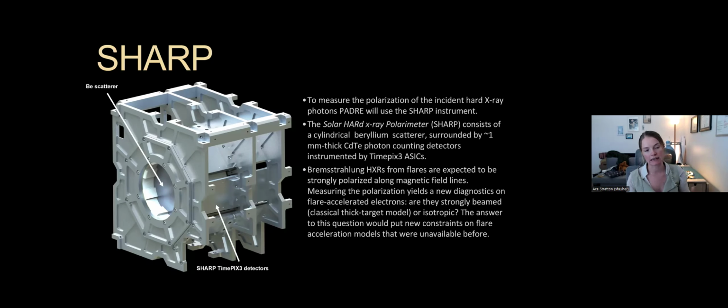What SHARP does is it takes in X-rays, and as it's spinning, if those X-rays are polarized, they will deflect along the horizontal plane. So if your light waves come in, let's say vertically, if they are polarized, they'll hit the beryllium scatterer and scatter along the horizontal plane, and we'll catch them on 2 detectors. If it's not polarized, we'll know because instead of scattering to just 2 detectors, we'll see it on all of the detectors. So that's the overall goal of SHARP.